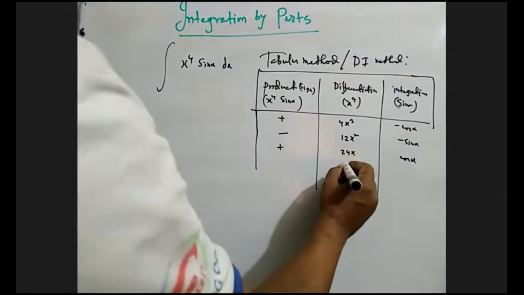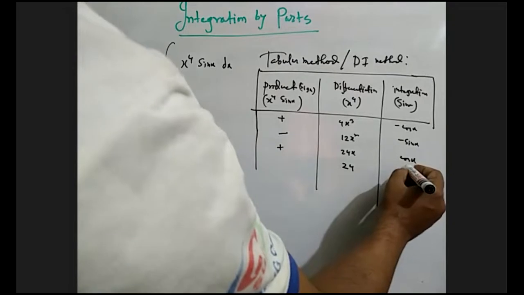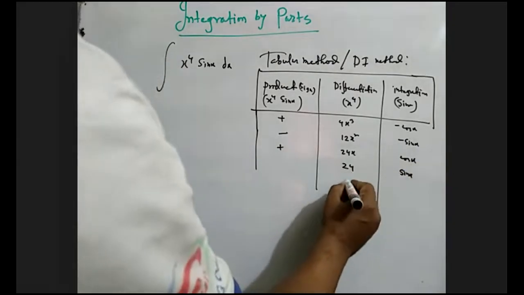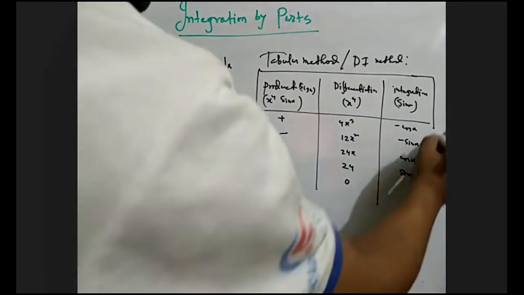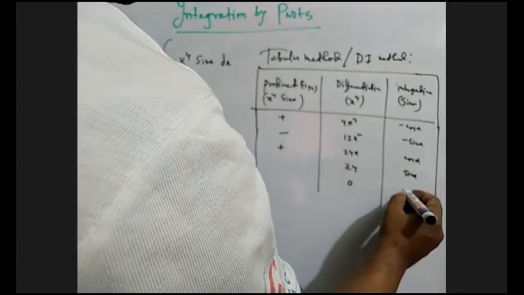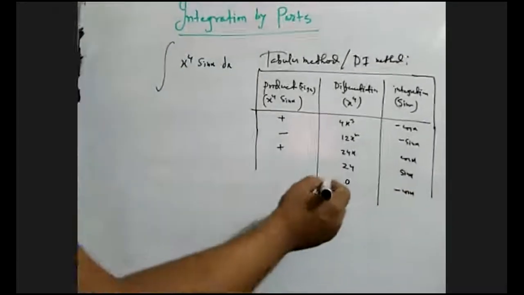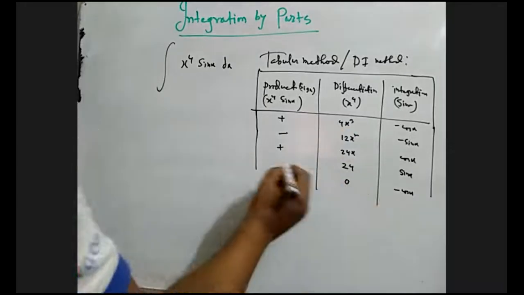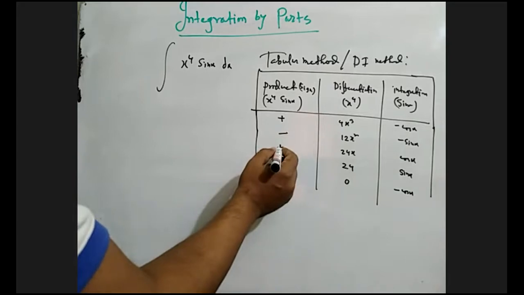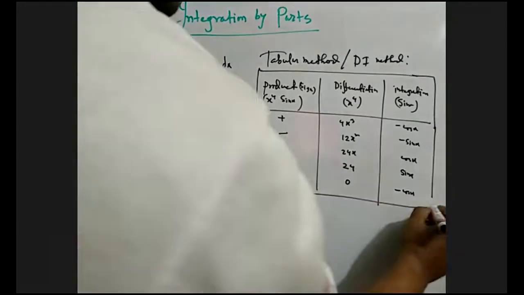Now differentiation of 24x what will be? 24. And cos x integration, what? Sin x. 24 differentiation is 0. Now sin x integration, what? Minus cos x. We have to stop now because differentiation is 0. So for this sign plus, this sign minus, this sign plus, this sign minus, this sign plus. So now using this table,